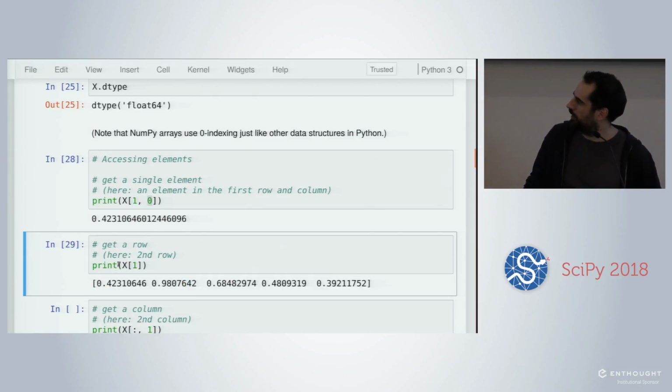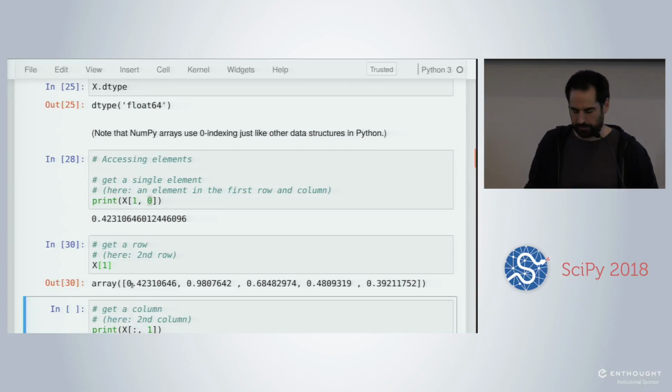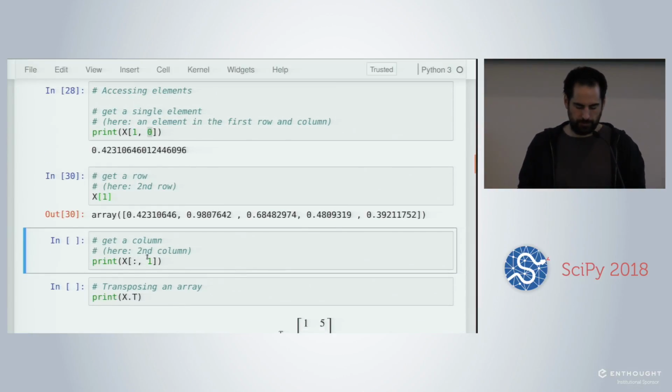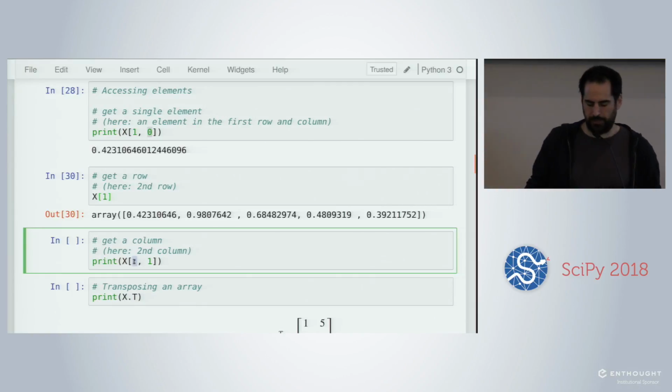And so then I can print my array. I can execute again. And so when you print a NumPy array, you see that it looks like nested Python lists without the commas. It's just the string representation of the array. Alternatively, what we can do is just put X here, and we see that it's an array. It's more explicit.